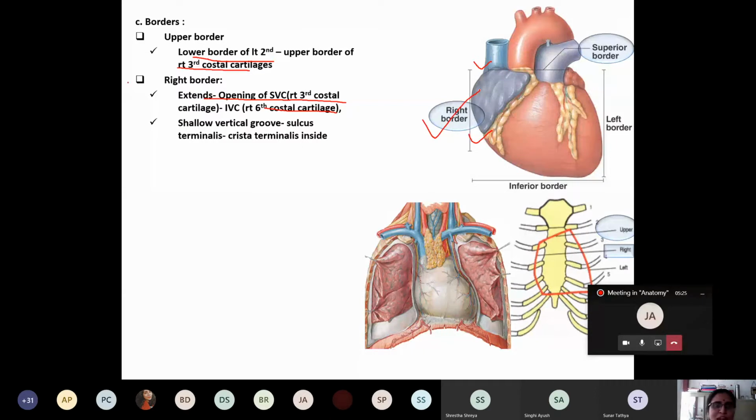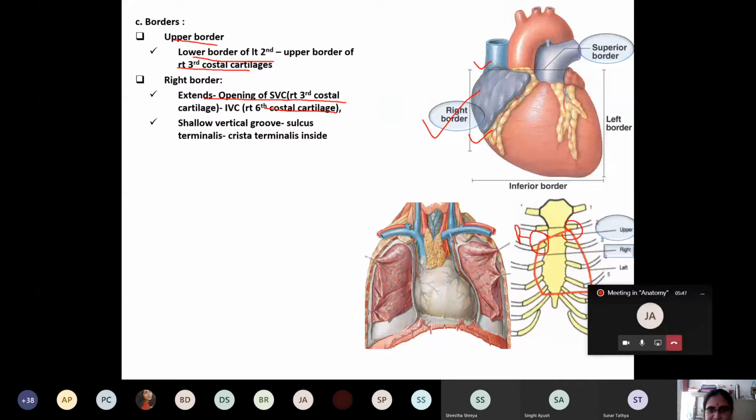The other border sometimes asked is the upper border, which is from the left second costal cartilage, here you can see, to the right third costal cartilage.